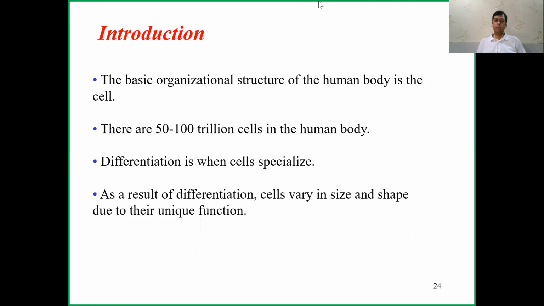So now, the cell. The basic unit of our body is the cell, and we have trillions of cells, 50 to 100 trillion cells, and they have different specializations. I told you every cell has a different function, and cells vary in shape and size, and they are unique because of their unique function. Because see, some cells can change their shape. Say